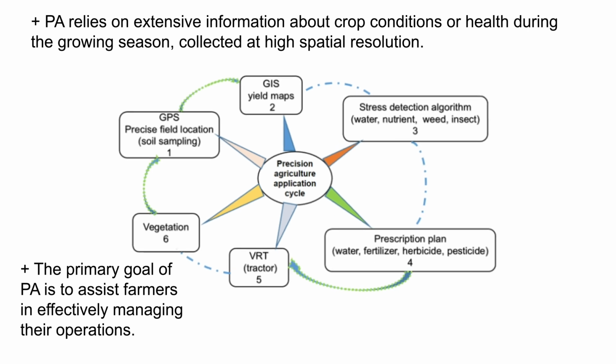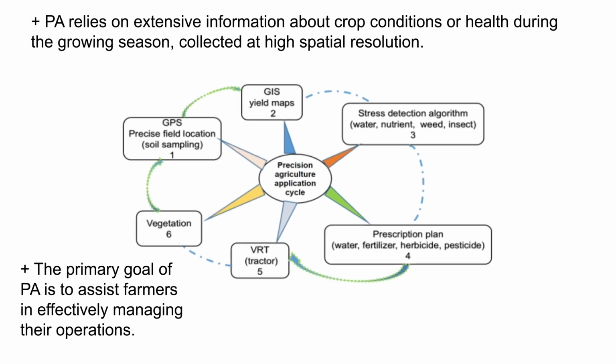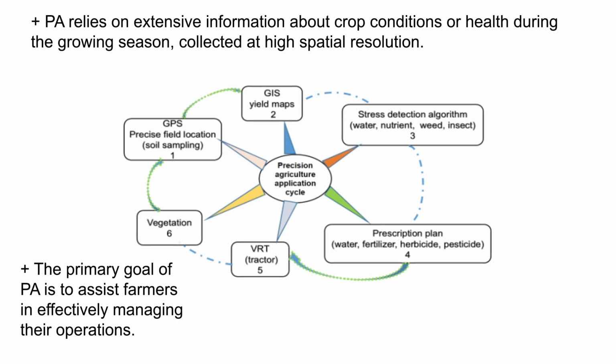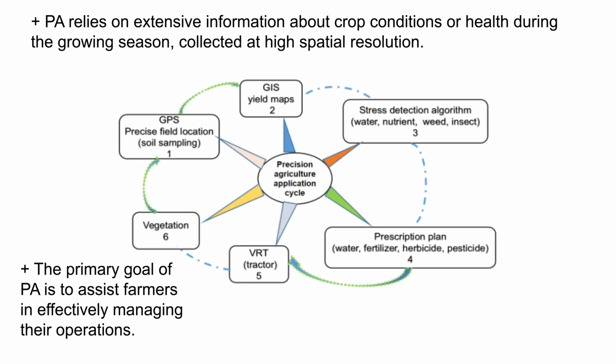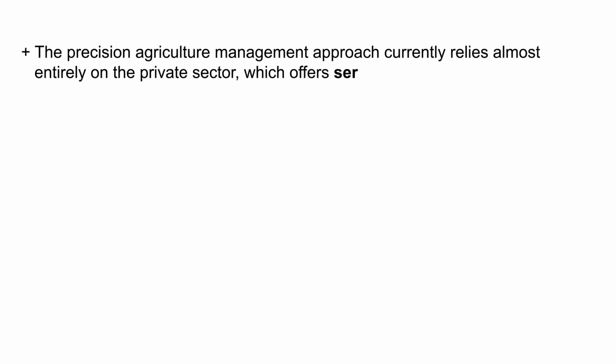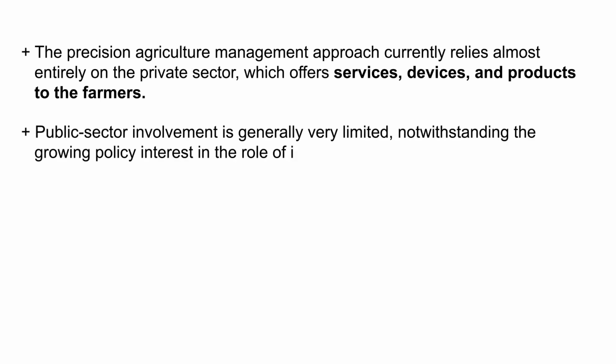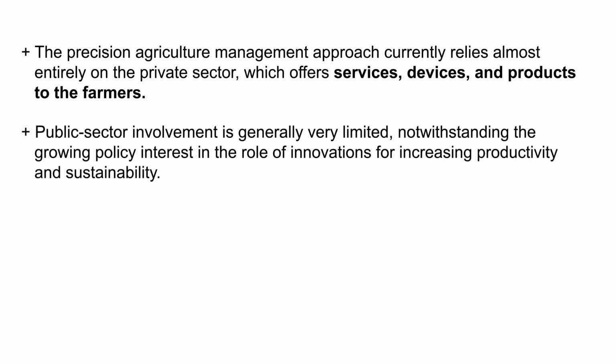This support can take various forms, but it generally results in reduced resource usage as illustrated in the figure, which depicts the precision agriculture farming cycle. The precision agriculture management approach currently relies almost entirely on the private sector, which offers services, devices, and products to the farmers. Public sector involvement is generally very limited, notwithstanding the growing policy interest in the role of innovations for